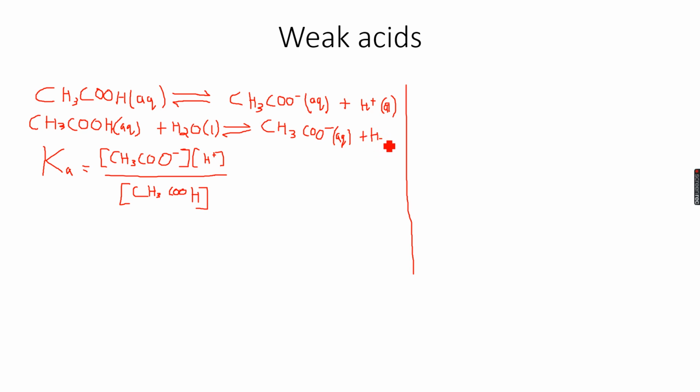It's just that because we have added water to the equation, we will be writing hydronium instead of H plus. So you see that the only difference is that when I have water on the reactant side, then instead of H plus ions I've written H3O plus ions, but that makes no difference to my acid dissociation constant. It still stays the same, because water is a pure liquid and a solvent in this case, so I won't